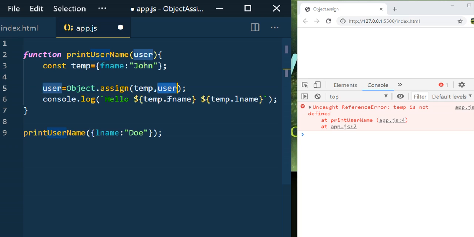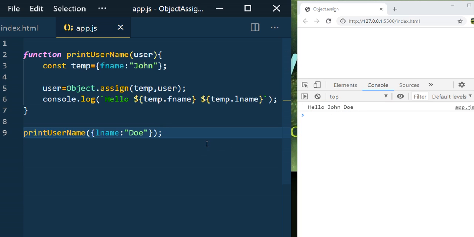So this will copy this lname to the temp, which has the fname, and assign this result to the user. So the user object will have the fname and lname after Object.assign merges both temp and user objects. Let's save it now. Now you can see hello John Doe. So in this case, you can use Object.assign.